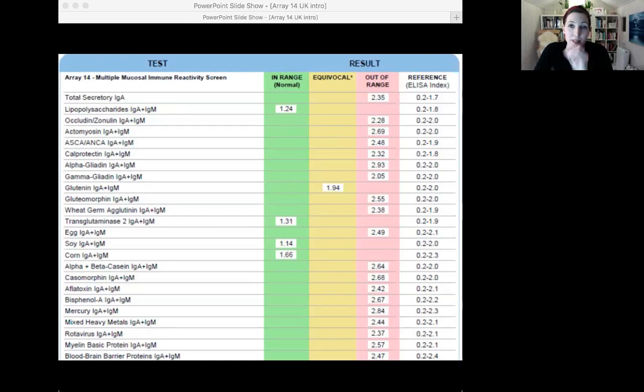So this is potentially the first stage of immune defense against something that is causing significant irritation or significant perturbation to the mucosal immune system. You might see this and not see gluten reactivity necessarily, or not see something occurring yet in the systemic immune system. So this potentially is a protective mechanism,